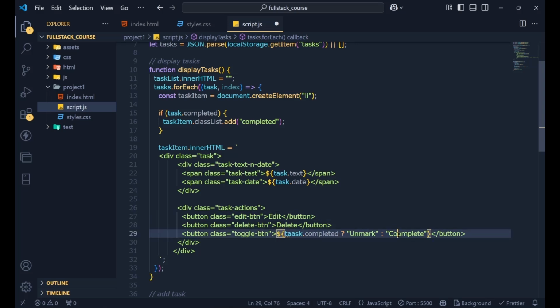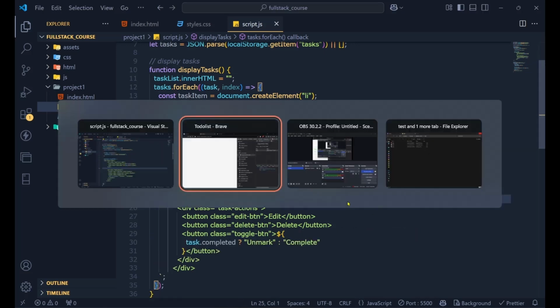So this is known as the ternary operator. It's similar to the if else condition. You just give a condition and then a question mark. If it is true, give this. If it is false, give this. That is how it works. If I hit save,